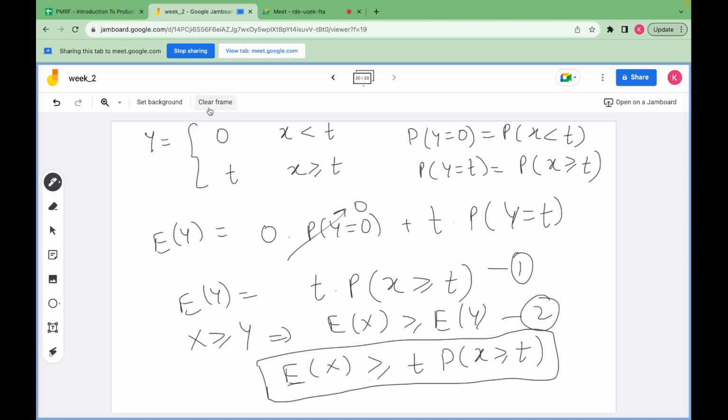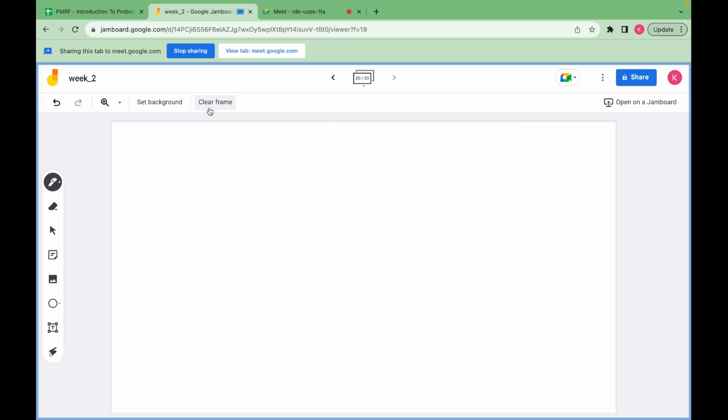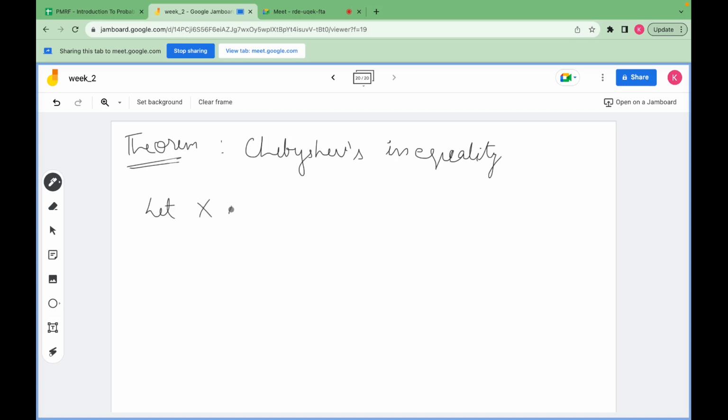So I'm just going to discuss one more inequality and then we will solve a few questions. Another theorem is Chebyshev's inequality. It says that if x is a random variable with expectation equal to mu and variance equal to sigma square, these are given, then for any epsilon greater than 0,